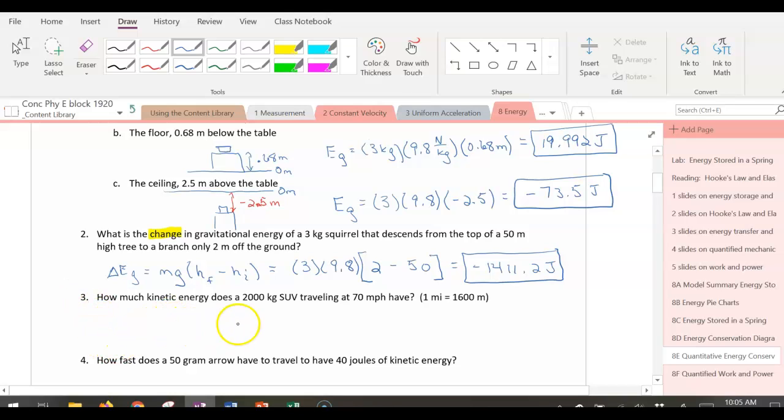How much kinetic energy does this SUV have when it's traveling at 70 miles per hour? Well, one thing I notice is that miles per hour, that is definitely not a standard unit, and so I better convert that. So 70 miles per hour, let's remember how to do this. 1 mile is 1,600 meters, and 1 hour is 3,600 seconds. And so I can convert this into meters per second, and I get